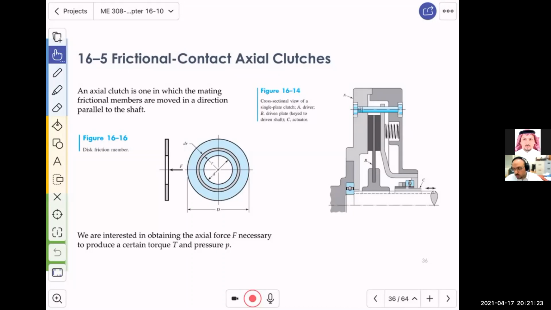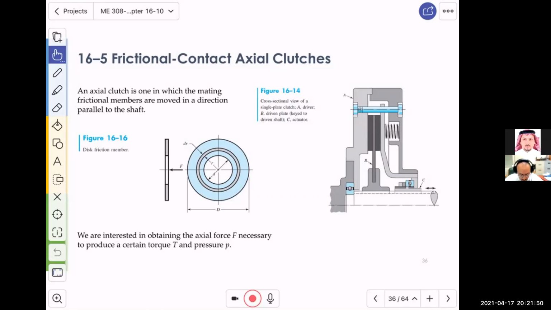So to start with the first one, which is section 16.5, and then we'll skip section 16.6 because it is a reading assignment, and then we will discuss section 16.7. As for the frictional contact axial clutches, an axial clutch, as defined here in the slide,